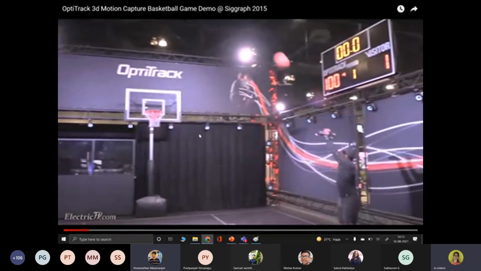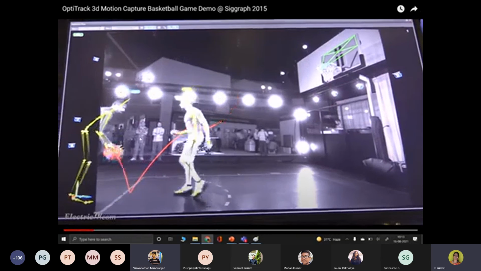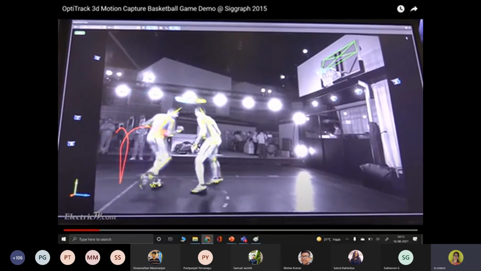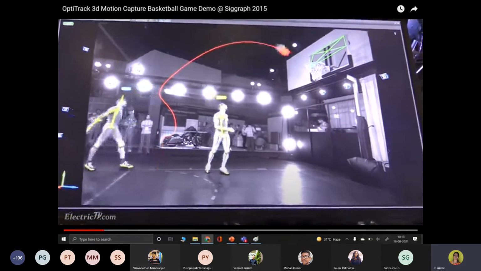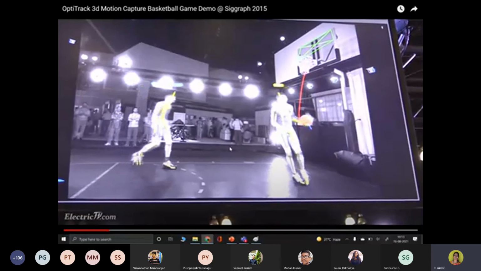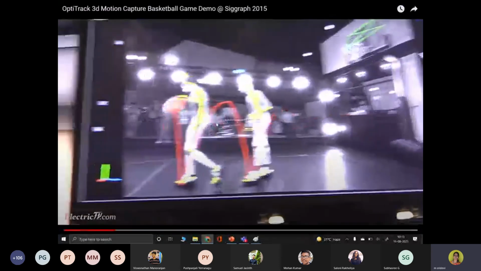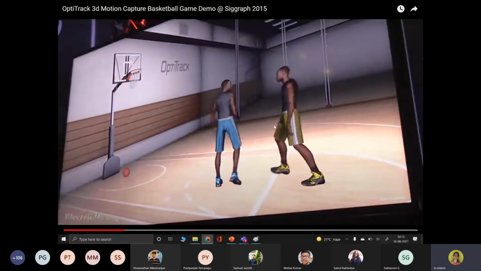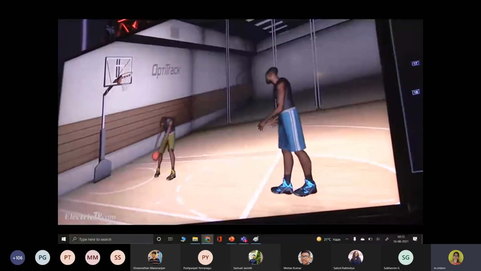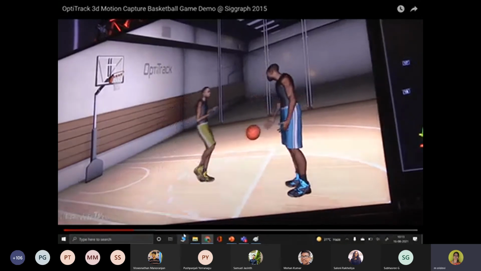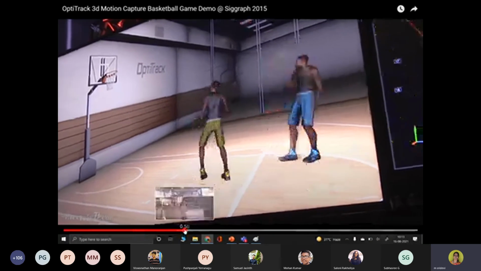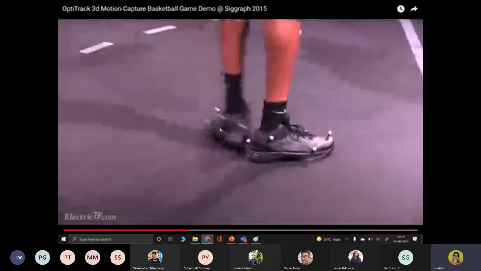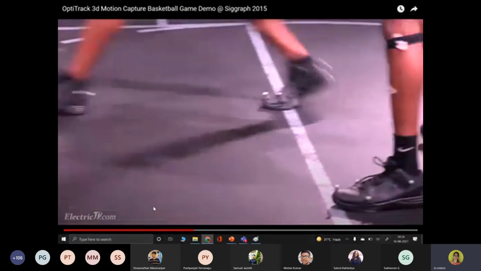The cameras are mounted here, fixed within the room, and he is able to play some games. So the sensor information is captured, and based on that it gives you an output. He is using some wearable sensors.